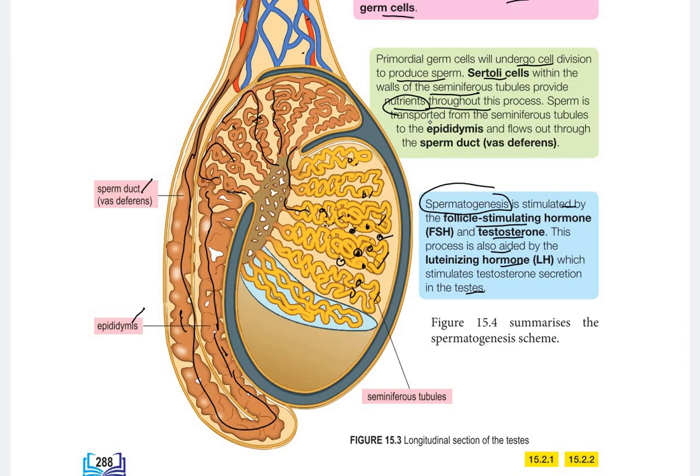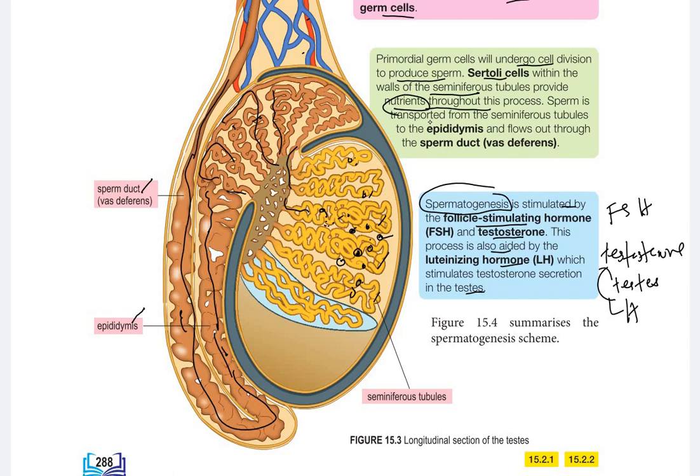So in this case, we have the FSH and also testosterone and LH. The LH functions to stimulate the testis to produce testosterone. That means the testis cannot secrete the testosterone by itself. Okay, it must be stimulated first by the LH. So then it will produce this testosterone too, and also at the same time the FSH stimulates the